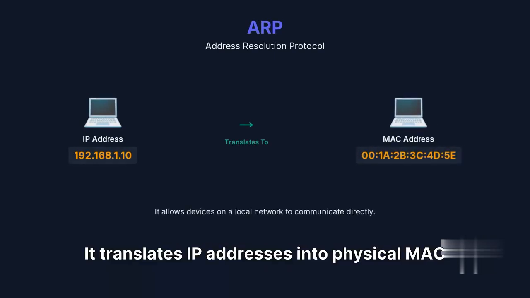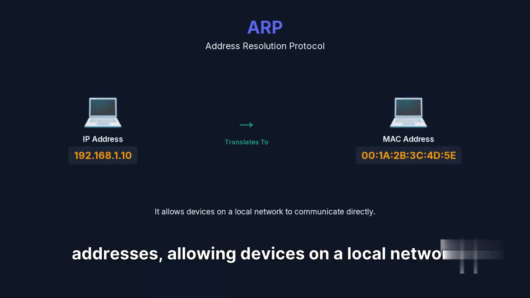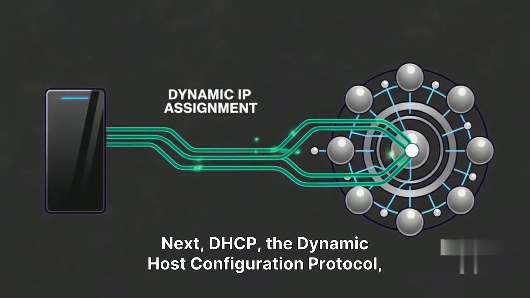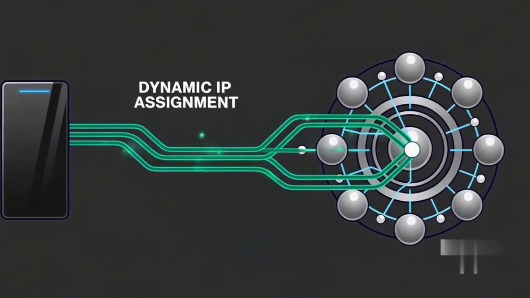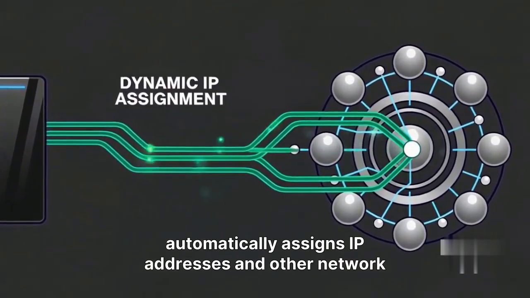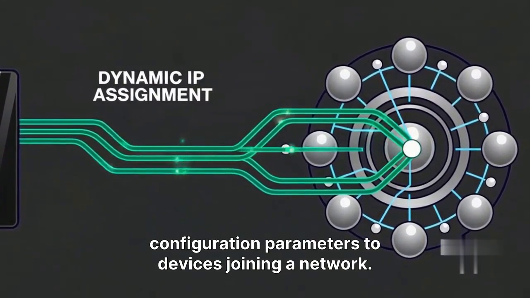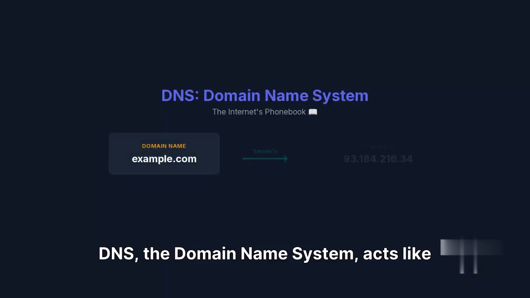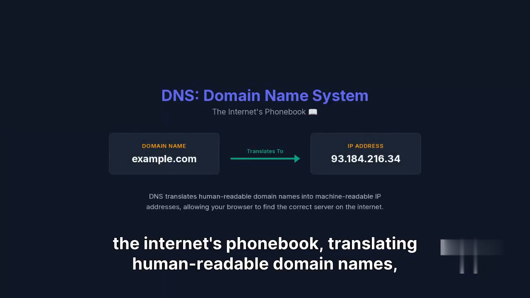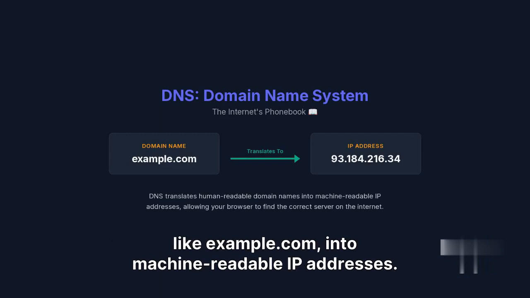It translates IP addresses into physical MAC addresses, allowing devices on a local network to communicate directly. Next, DHCP, the Dynamic Host Configuration Protocol, automatically assigns IP addresses and other network configuration parameters to devices joining a network. DNS, the Domain Name System, acts like the Internet's phone book, translating human-readable domain names like example.com into machine-readable